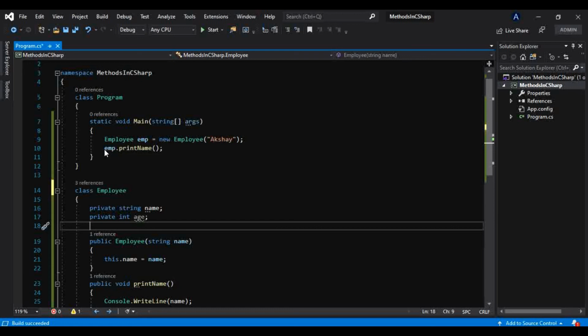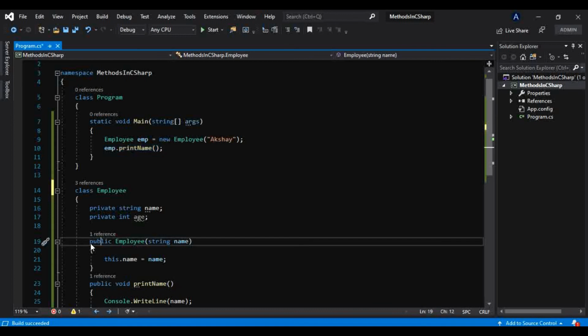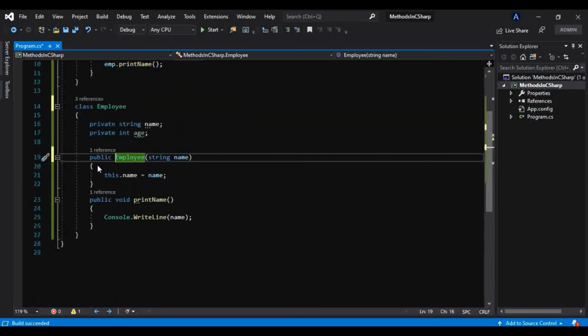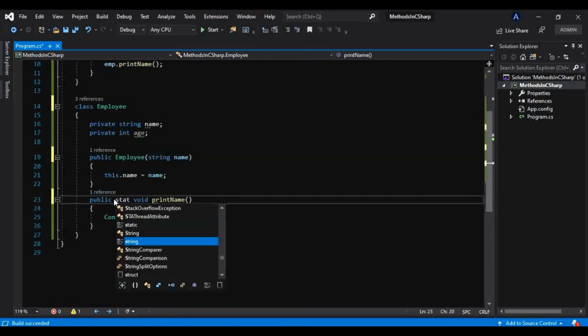On the type's object we can call instance members, but if you make your members static like this, they are no longer accessible. Okay, sorry, this is a constructor I have made static. I want to make a field or a method static, okay, like this.